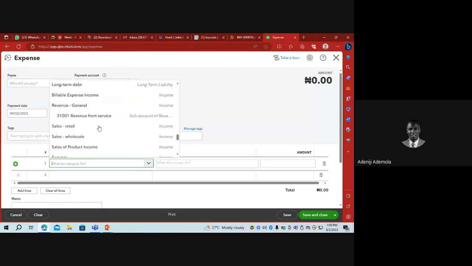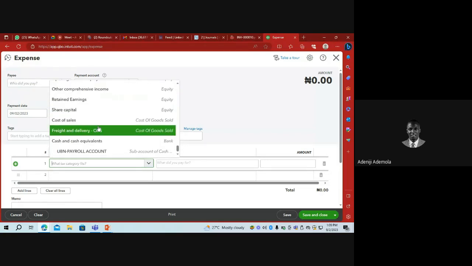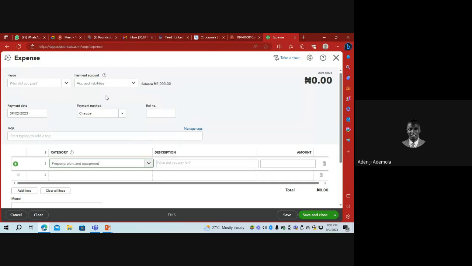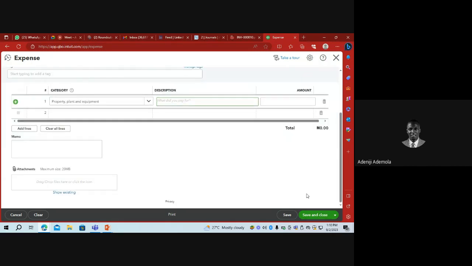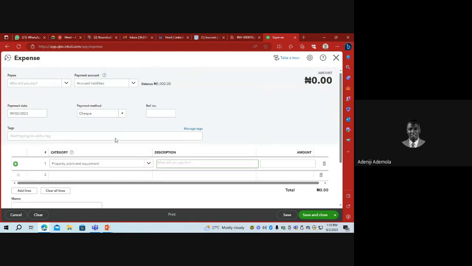I'm looking for a capital expense, for instance, but we've not said, okay, property, plant, and equipment is the capital expense. Let's say this payment is actually for a new property that we bought. I just put the description here, the amount, and then I click on save, and then I can attach the payment receipt if I've made the payment, and then if there's no payment, then I will leave it as that,